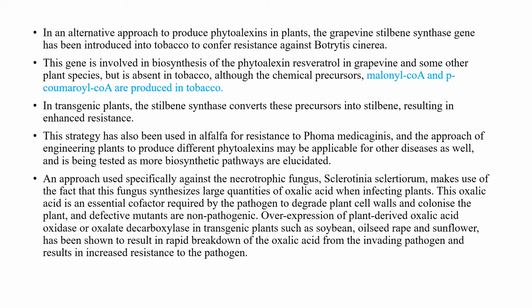This gene is involved in the biosynthesis of phytoalexin in the grapevine and some other plant species, but is absent in tobacco, although the chemical precursors are produced in tobacco. In transgenic plants, they converted precursors into stilbene, resulting in enhanced resistance. This strategy has also been used in alfalfa for resistance to fungal species, and the approach of engineering plants to produce different phytoalexins may be applicable to other diseases as well as being tested in more biosynthesis